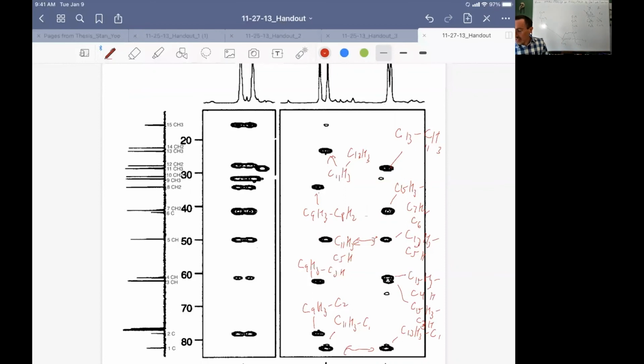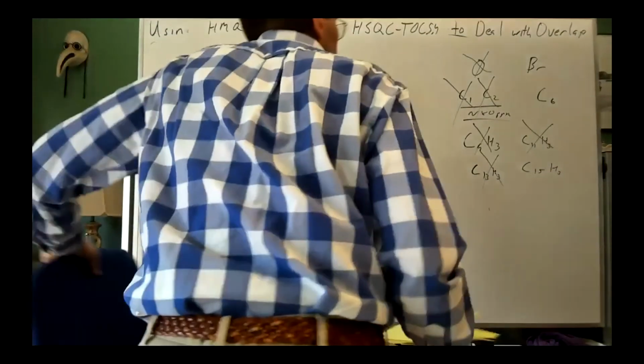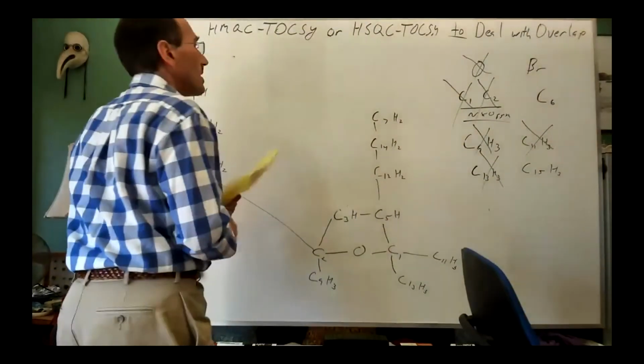So let's look at all of these cross peaks as we finish putting our molecule together, and then we're going to talk about the rearrangement very briefly. All right, so I'm going to draw